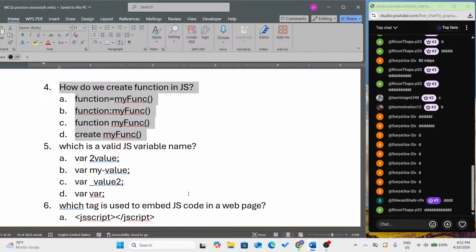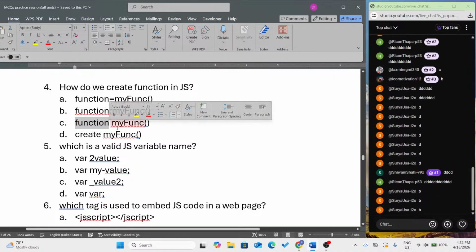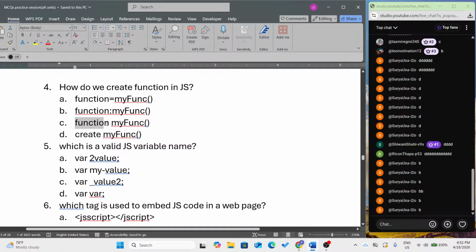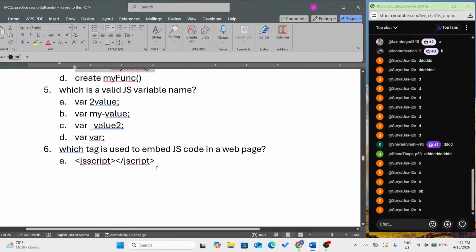यसको राइट एन्सर हुन्छ, तपाईँले फङ्सन बनाउँदाखेरि के गर्नुपर्छ, अगाडि फङ्सन राख्नुपर्छ अनि फङ्सनको नाम राख्नुपर्छ। सो एन्सर इज सी, यसको एन्सर सी हुन्छ है, 4 नम्बरको सी। यो हामी भोलि पर्सि पनि हेरौँला, अस्ति पनि हेरे हो। अब 5